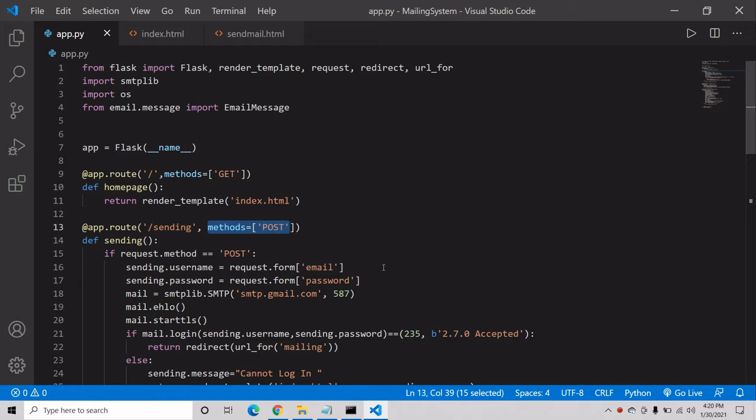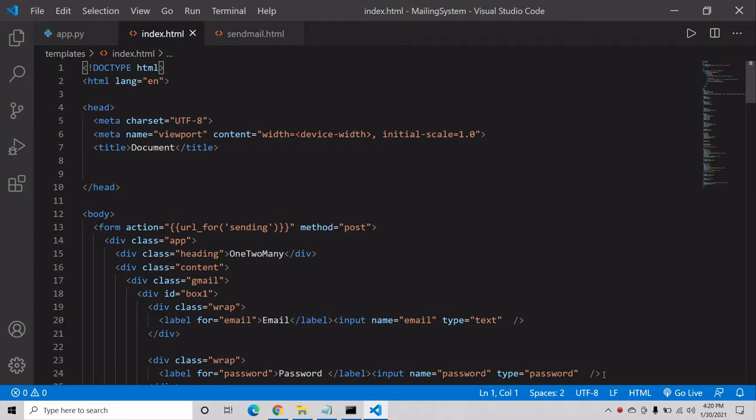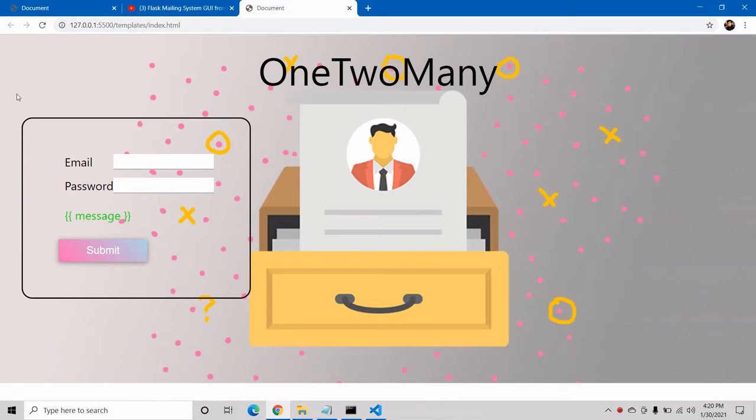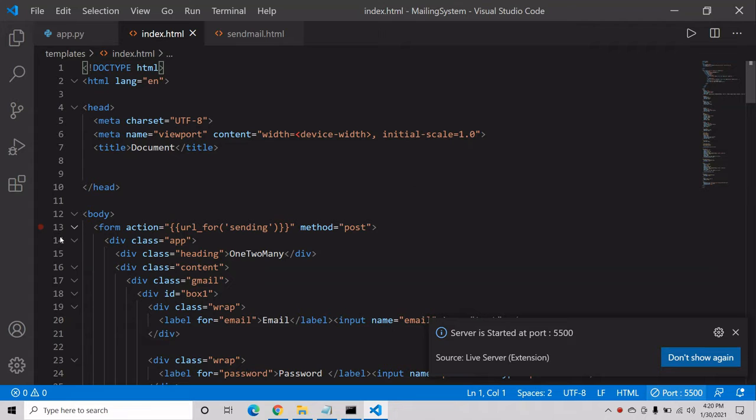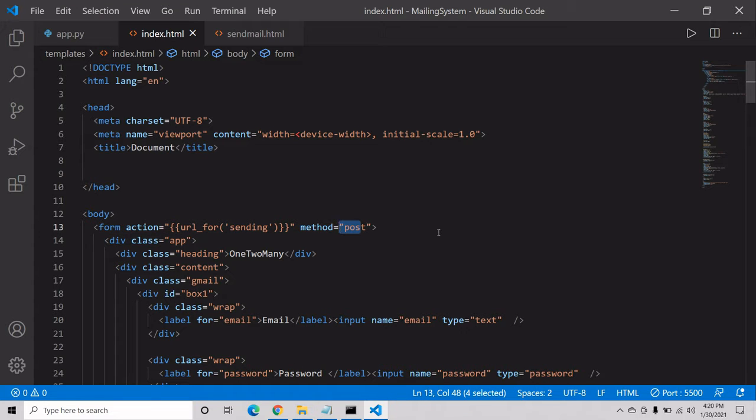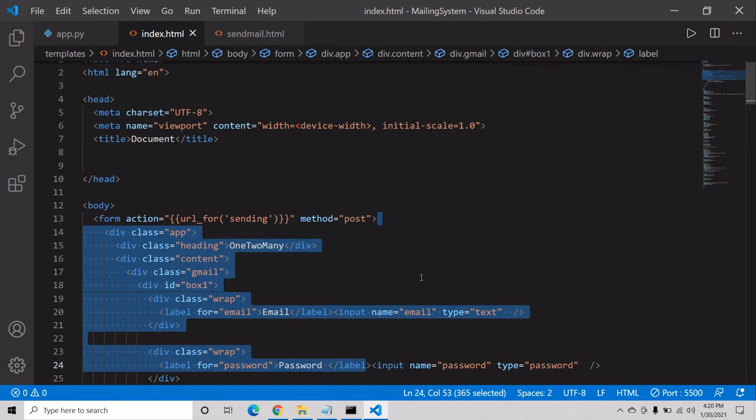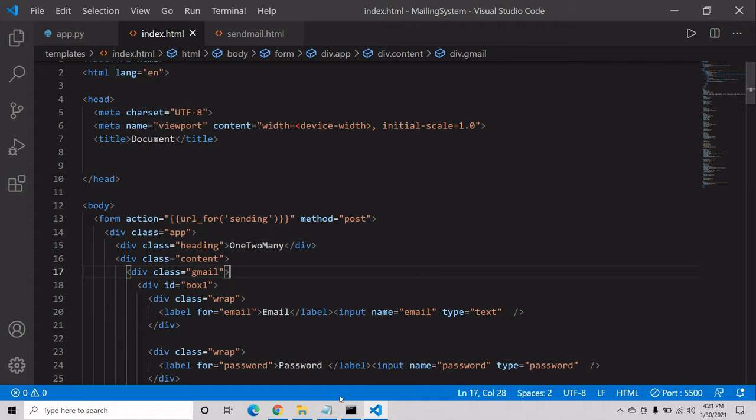Before that, see my index.html according to the live server, it looks something like this. Now we are going to understand what the form is over here and why we write post over here. The basic difference between get and post is here.